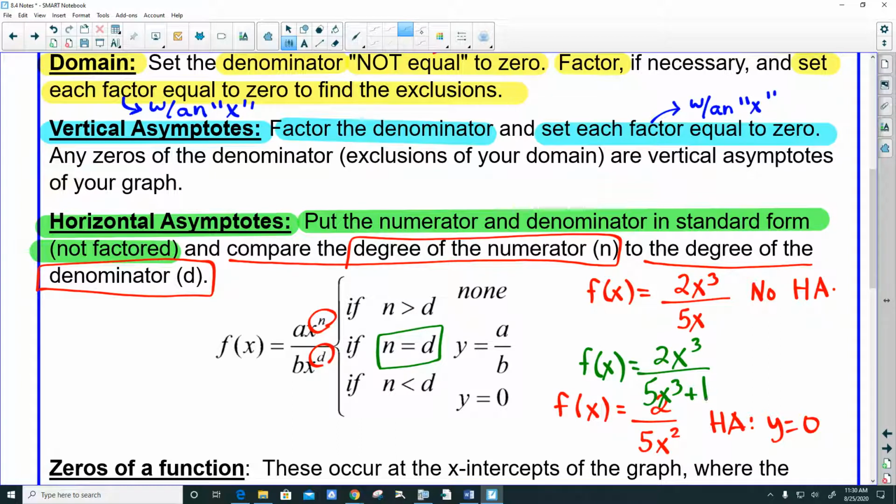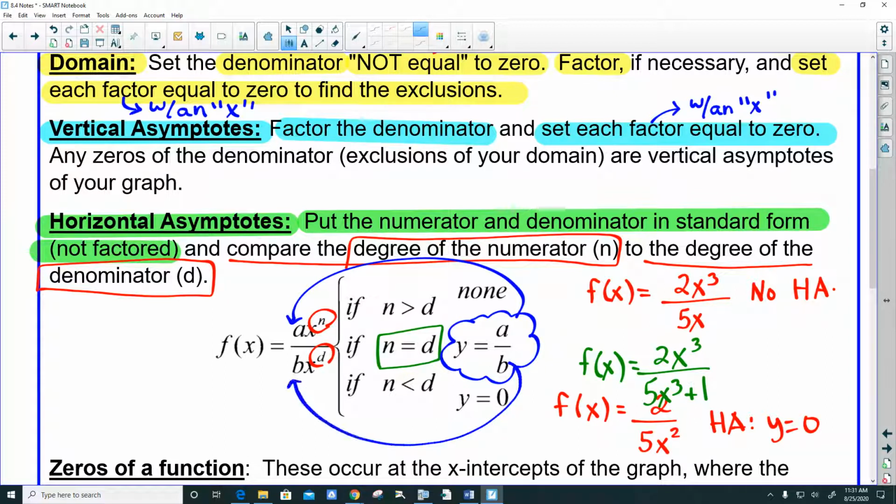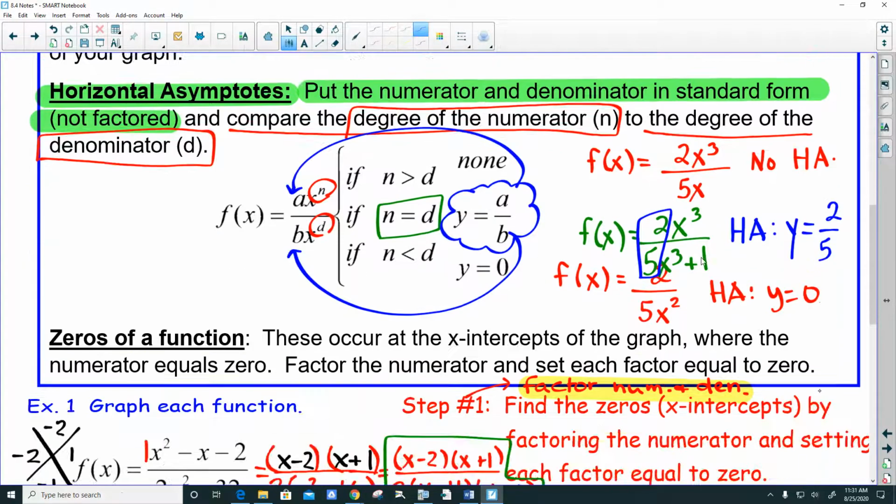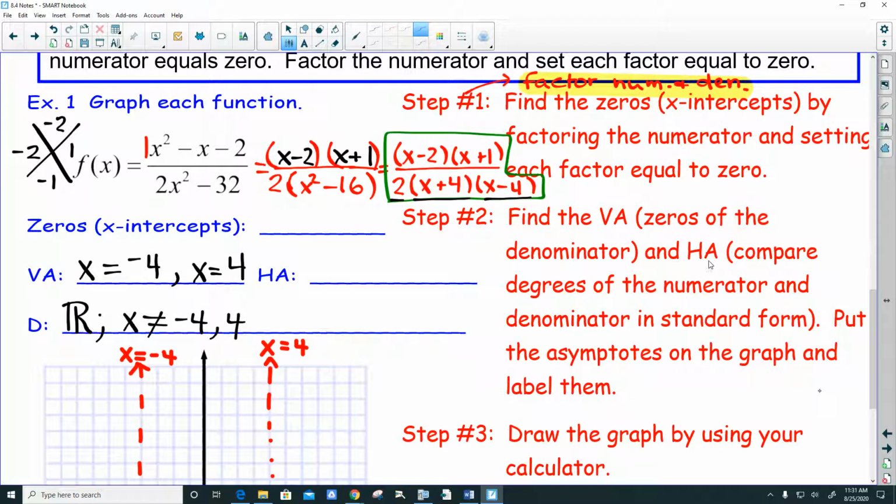So here's what this is saying. If they're equal, you'll notice it says off to the side here, you're going to make an equation, y equals a over b. Now, a is the lead coefficient in the numerator, and b is the lead coefficient in the denominator. So in this example that I created, the horizontal asymptote would run right through where y equals 2/5 on the y-axis there. Okay, so let's go ahead and apply this to the example that we're looking at here,